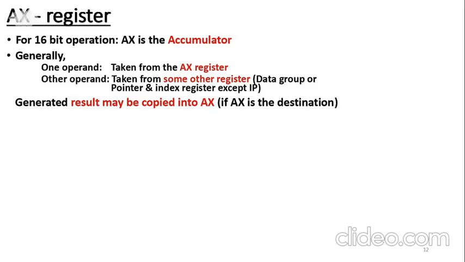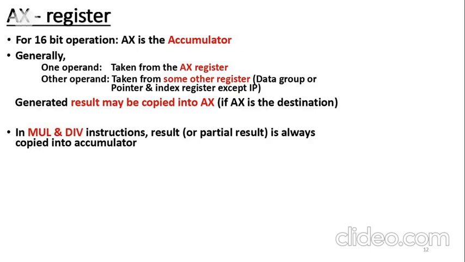In earlier processors like the 8085 processor, one of the operands must be taken in that accumulator. The second operand might be taken in some other data register. And once that operation was performed, the result was supposed to be copied back into the accumulator only. That was the restriction put up in earlier processors like the 8085, which is non-pipelined. But here that restriction has been removed.